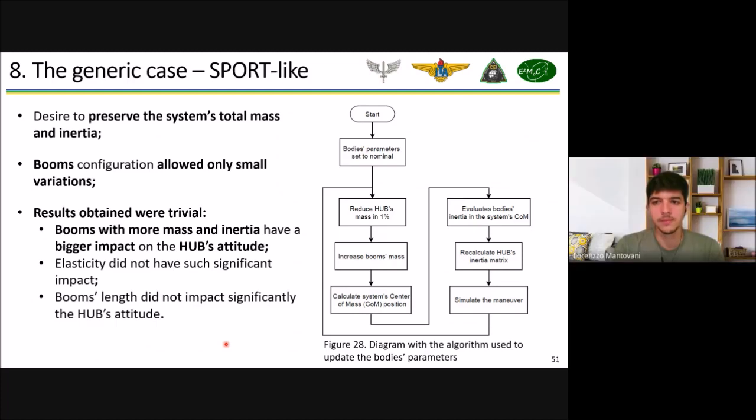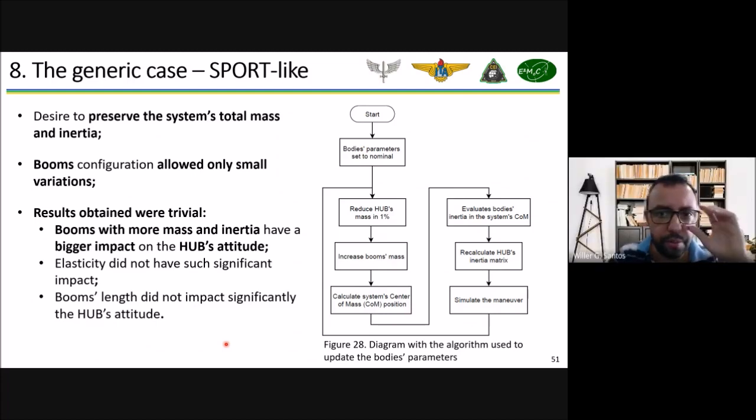Uhum. Só um comentário, aproveitando, eu até fiz esse comentário na dissertação também: nesse tipo de fluxograma, a seta não sai de outra seta, ela sai de um bloco. Então, essa setinha ali, o simulate maneuver, primeiro que ele nem tem seta, está uma reta ali. Você sai do bodies, parâmetros, aí você tem uma seta para reduce hub e tal. Daí, essa seta aqui tem que sair de algum bloco, no caso, do bloco de cima. E está faltando uma seta também para saber para que lado ela está indo, qual o sentido.